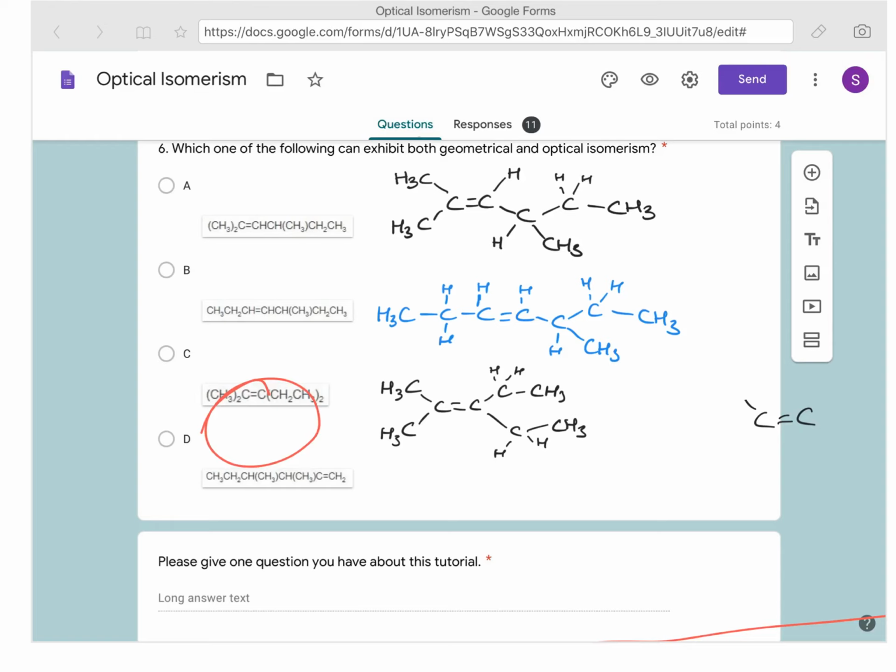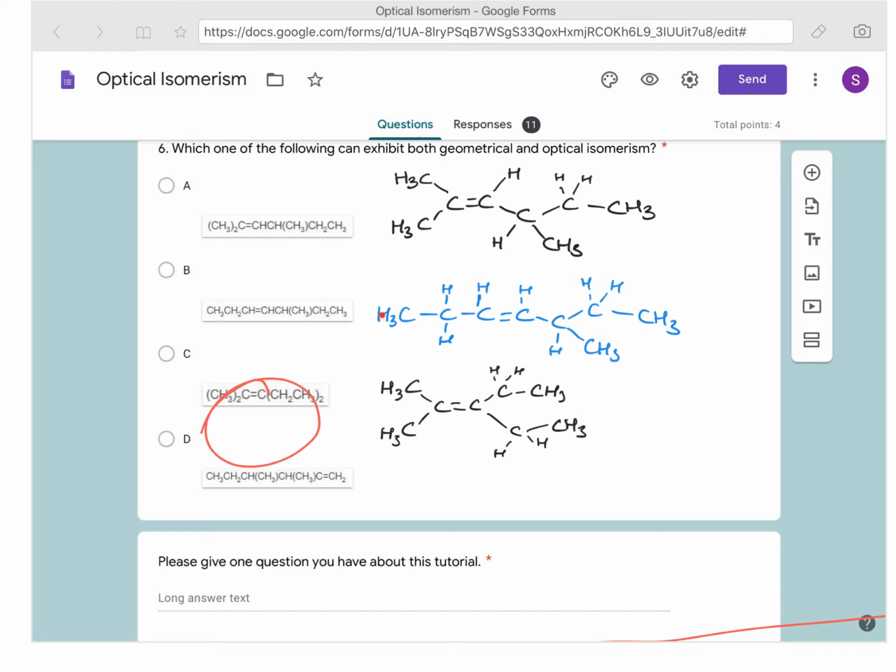Just to double check, we'll make sure that it does exhibit optical isomerism as well. Otherwise, the question's probably wrong. So let's take that away, and we don't care about geometrical anymore, we've done that. So let's have a look at optical. We're looking for a chiral carbon, it's got four different groups attached. So let's start here. This carbon,